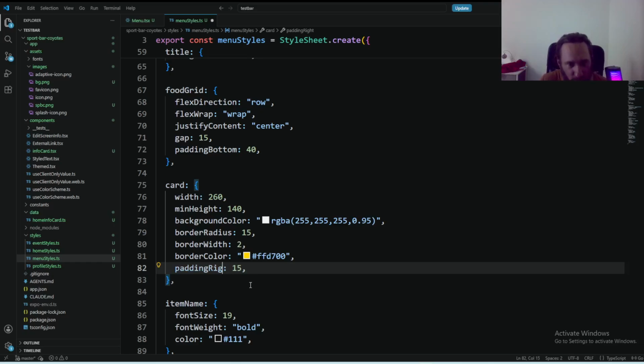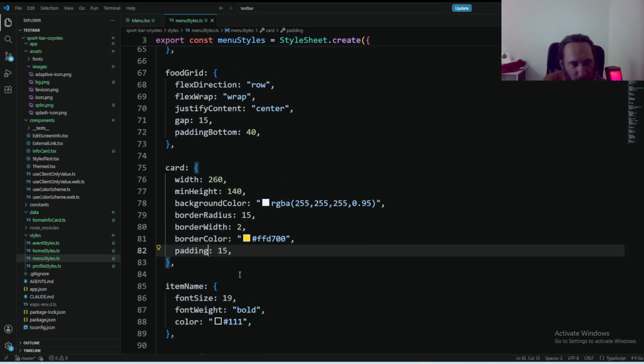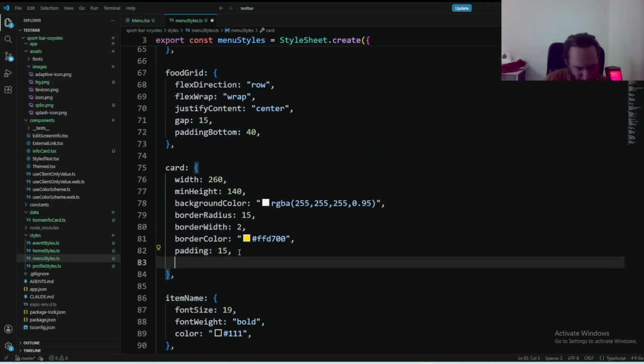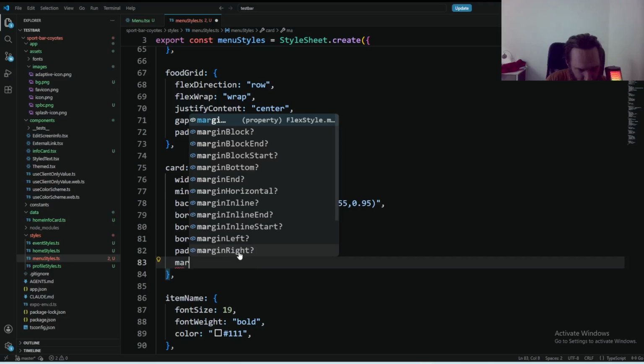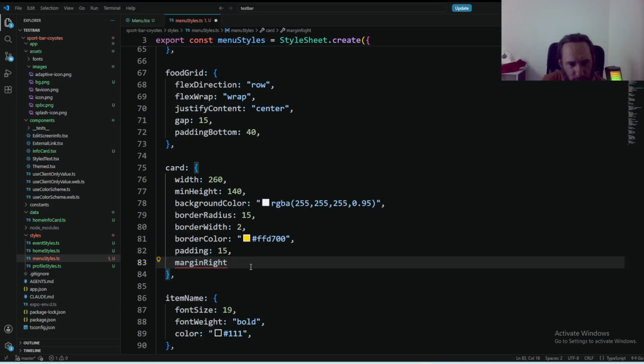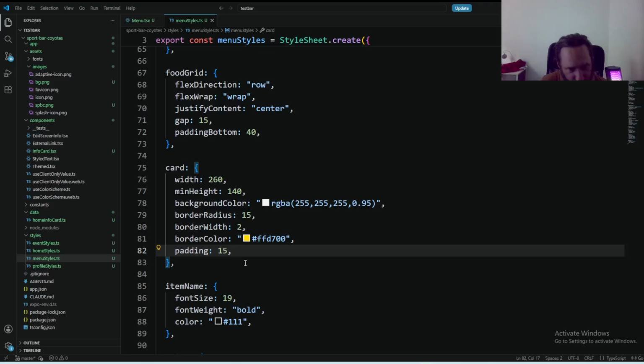Oh, nope. That messed it up. Nope. No. Okay. Margin right, maybe. Instead of messing this up myself,